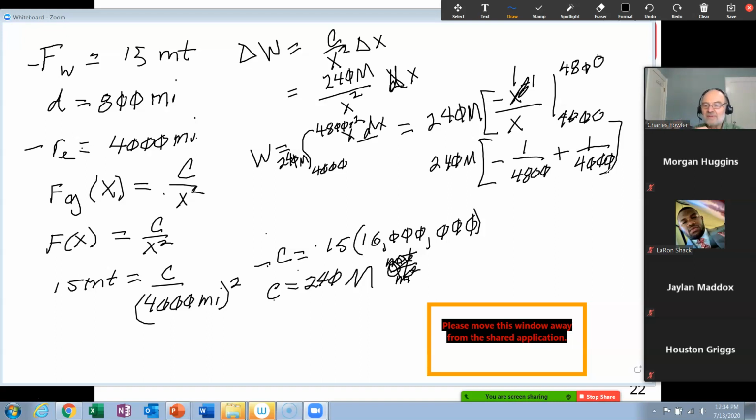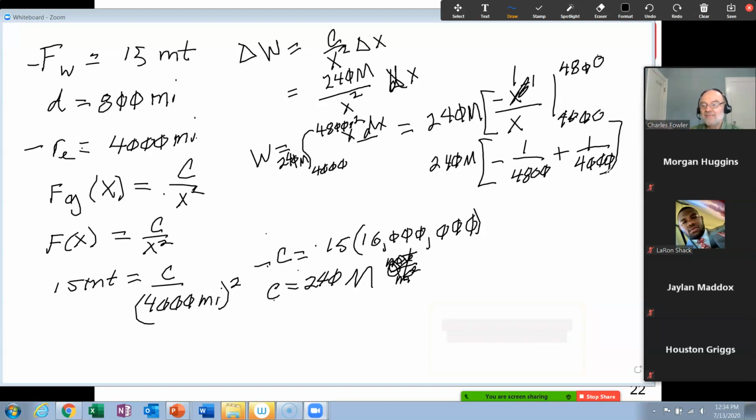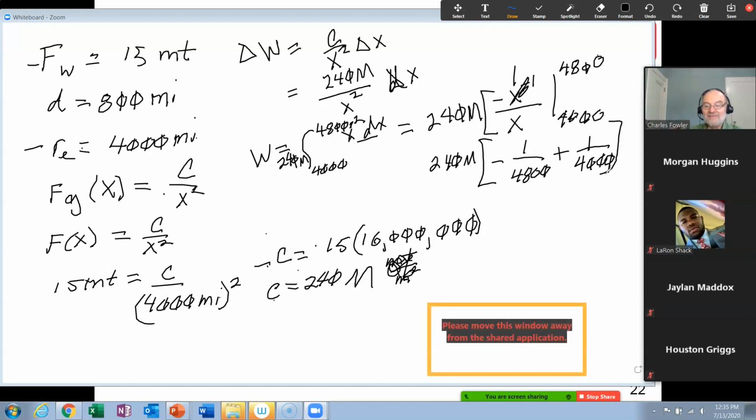And I'm going to do times, open a parenthesis, and then do 4,800. I'm going to change the sign of that and make it a negative, and then hit the 1 over x key, okay? And then add to that 4,000 times the 1 over x key, close your parentheses, hit equal, and I get